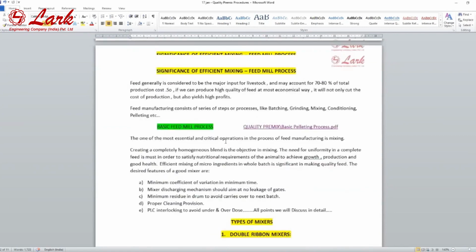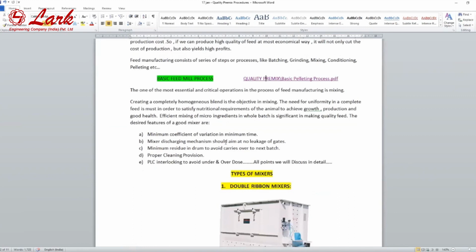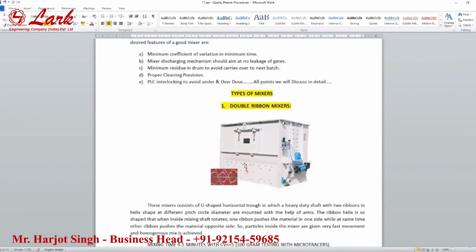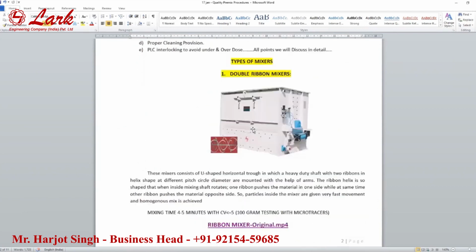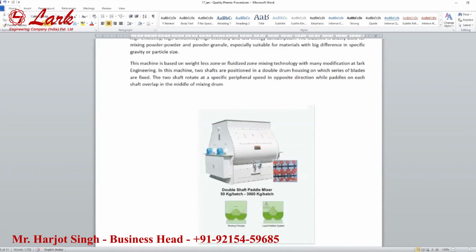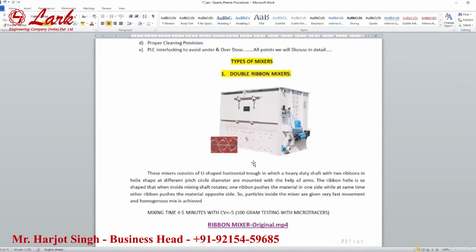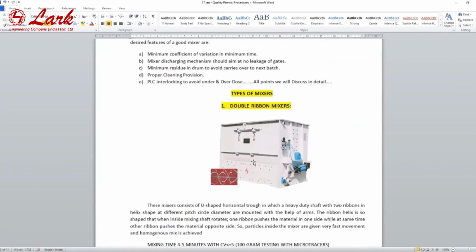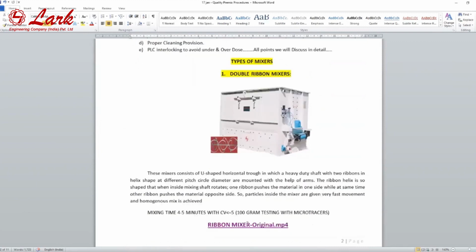As there are many types of mixer, like double ribbon, double shaft, single shaft, or vertical mixers and conical blenders, I will mainly discuss two designs. One is the double ribbon mixer, and the other is the double shaft mixer. In the double ribbon mixer, this is a U-shaped mixer. You can see